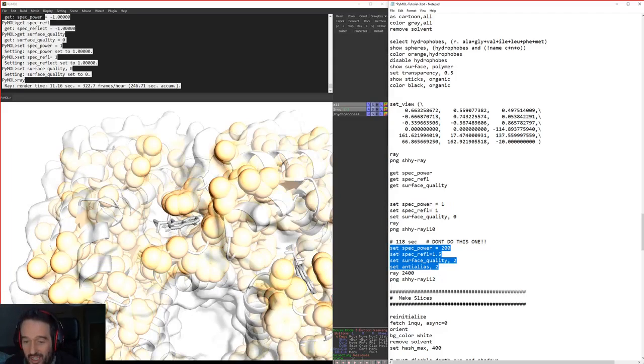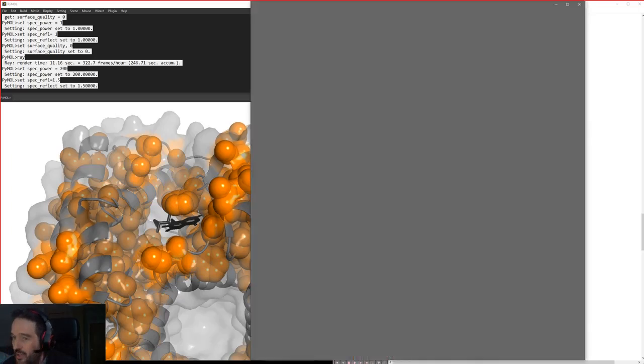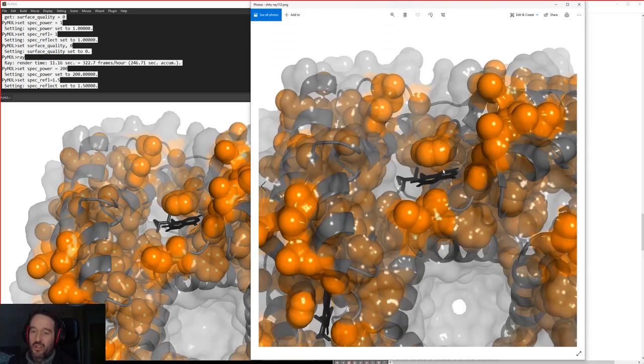Here's an example of some good settings. I will do all of these. I'll do these two here, but I won't do the surface quality 2 because that will take a lot of time. And it says here, don't do this. This is for me not to do this. You should not do this one yourself because that's a rubbish selection of options. But I should be able to have an image here of a nice glossy, shiny surface structure that's obviously got this transparency, and you can see all the hydrophobes in there, and then this little greasy pocket that the organic molecule is fitting into.